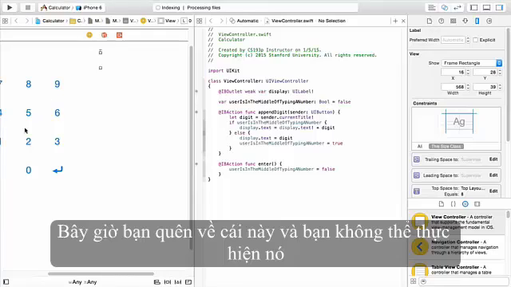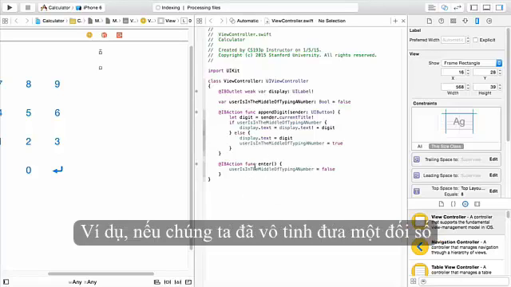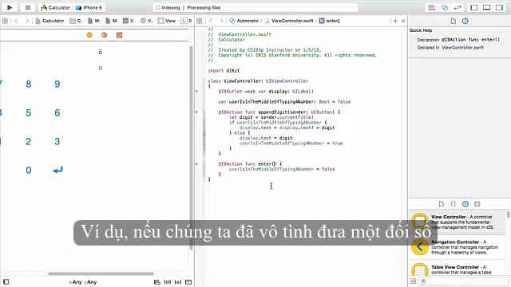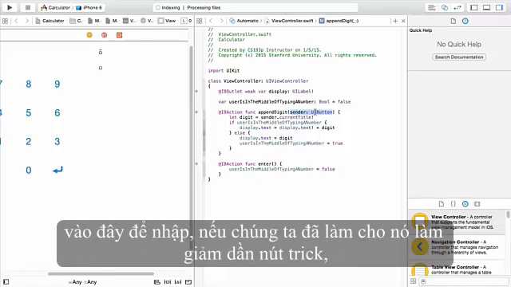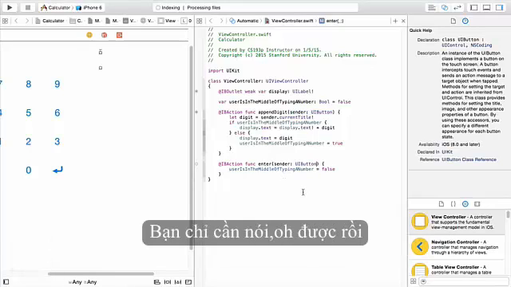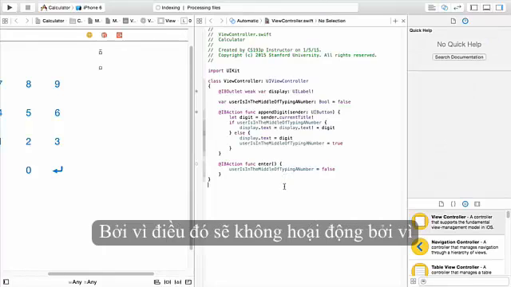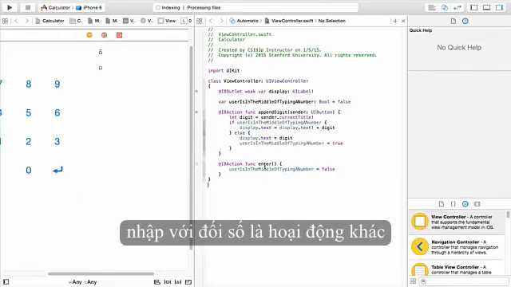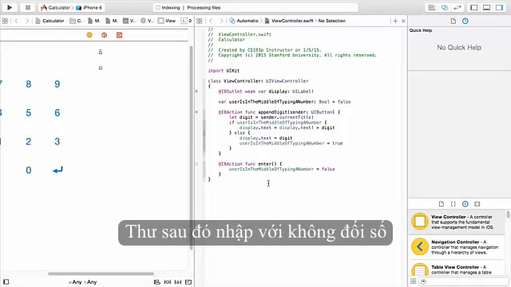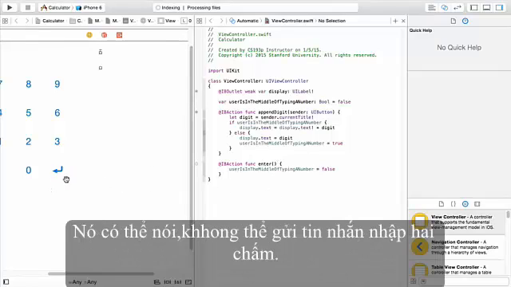Now, if you forget about this and you don't do it, or maybe you have it wired up to something that you changed. For example, if we had accidentally put an argument here to enter, if we had made it do the sending button trick, you can't just say, oh, okay, I'll just delete that, because that would not work, because enter with an argument is actually a different message than enter with no argument. And so if you just deleted that when you run your program, it would crash, and it would say, couldn't